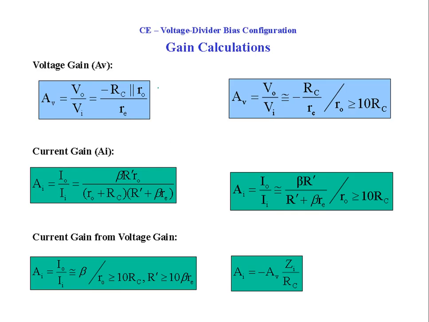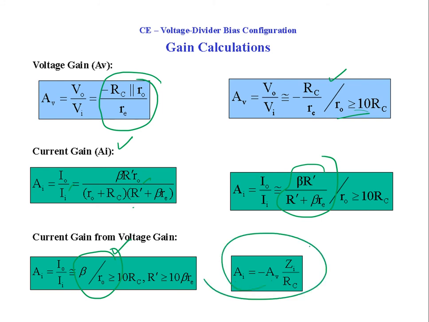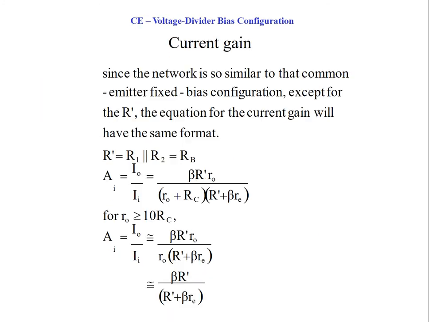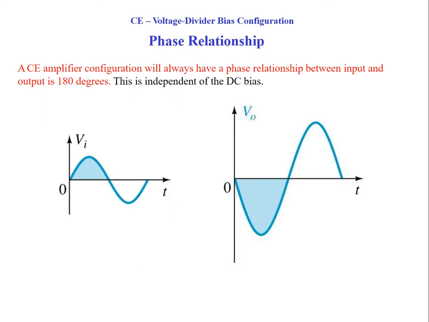Voltage gain will be the same formula which we did last time, and with this assumption it can be simplified. The current gain formula will look like this with this simplification. The current gain formula changes because the input current is changing, and the input current depends on the R dash value. So the simplified current gain formula is just beta over R naught, and the voltage gain formula is this one. So these are the main formulas here. Derivations are not important at this stage.